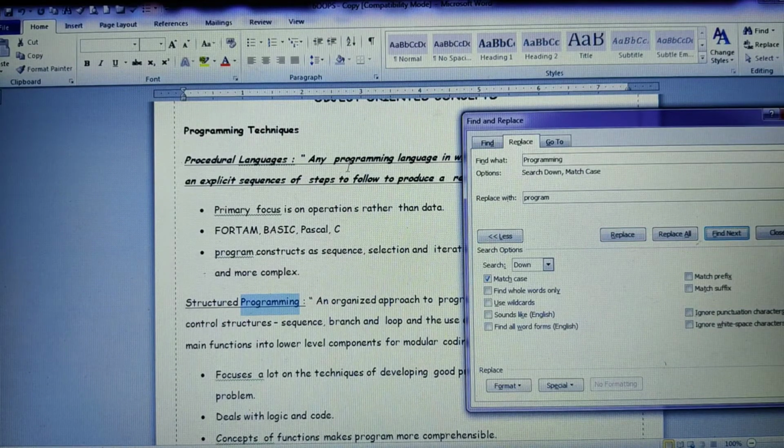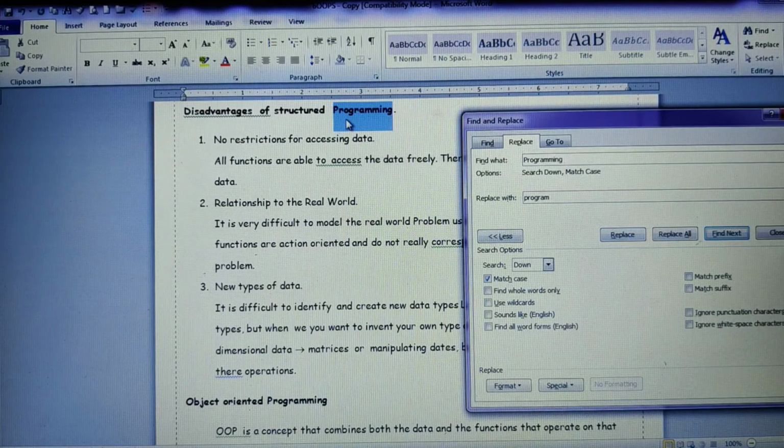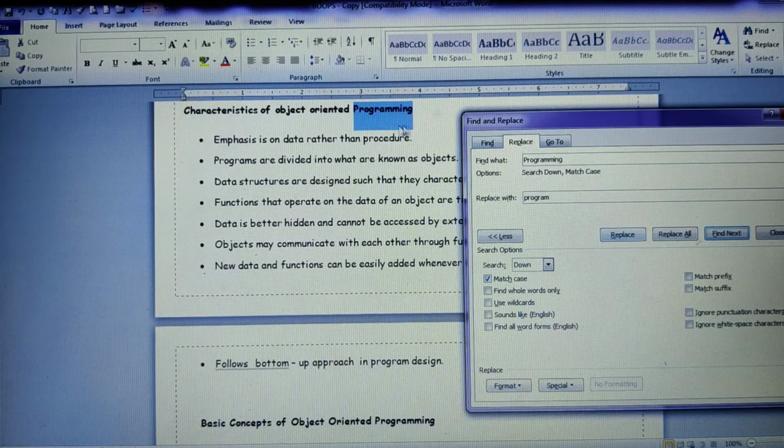Now if you observe here, this is a lowercase p, this didn't get replaced, this got replaced. Now this will get replaced because it is an uppercase P. Here it is again replace. See, only the uppercase Programmings are getting replaced. Here also uppercase, replaced. Here uppercase, replace. Here also uppercase. Apart from that, if you encounter any lowercase, then it will not replace.